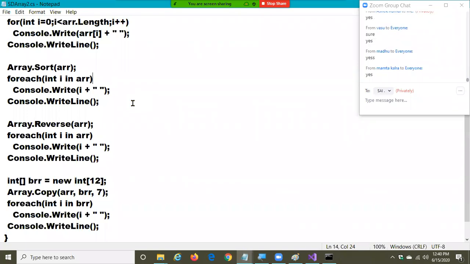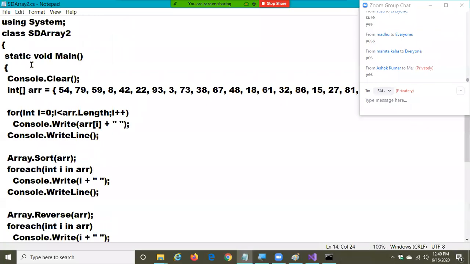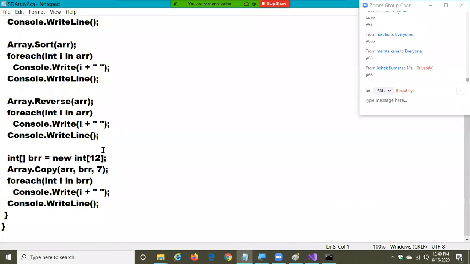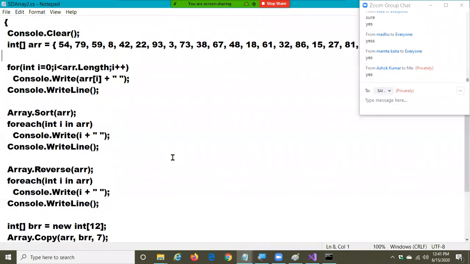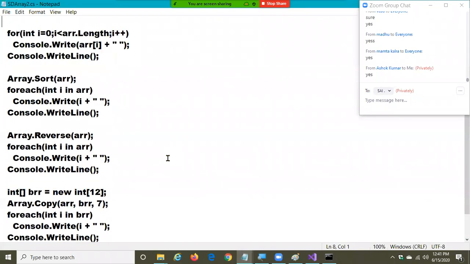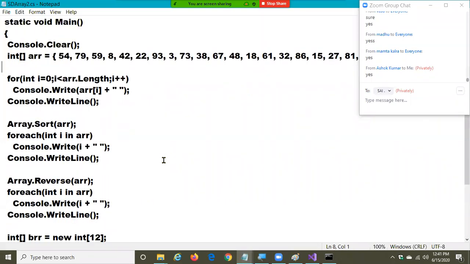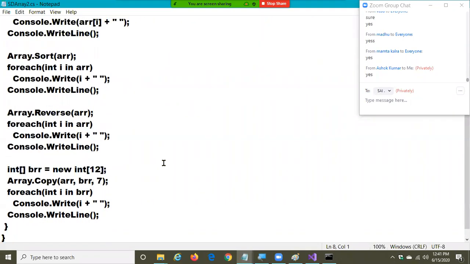That is the advantage of local functions. These functions' scope will be within this method only. I want the printing code only in this method, so I don't want to write a public method. I'll write a local method, and I'll call it multiple times in the same class. So there is no need of repetition. There is no requirement of repetition. Simply I can call this particular method in one place.